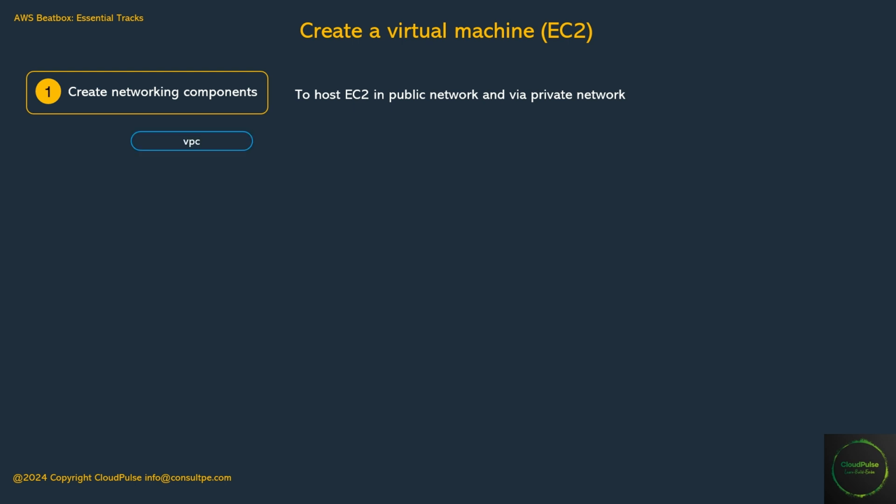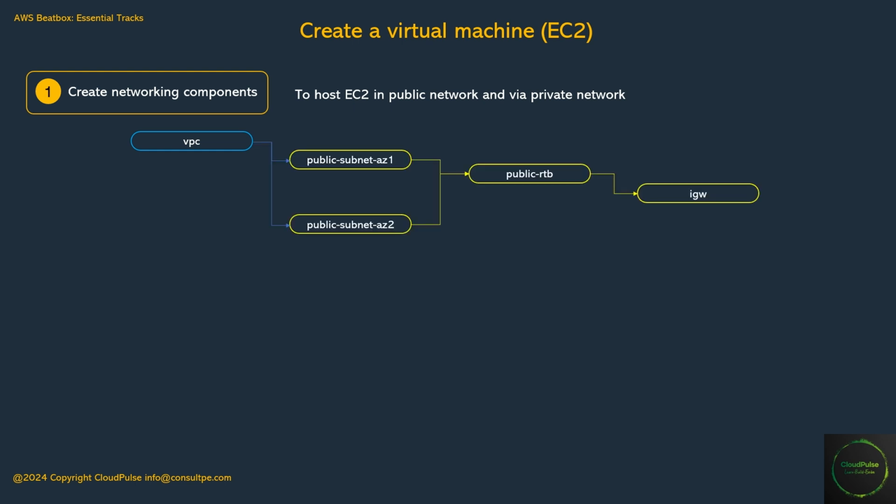Generally, we would create a VPC in the US East 1 region in our case, followed by two public subnets in AZ1 and AZ2, with a public route table associated with an Internet Gateway. In this setup, an EC2 instance is hosted within a public subnet, meaning it has direct access to the Internet. The public subnet is associated with a route table configured to send traffic destined for the Internet to an Internet